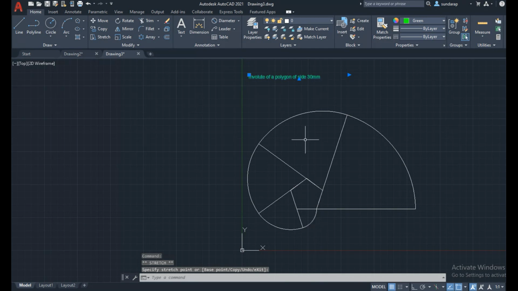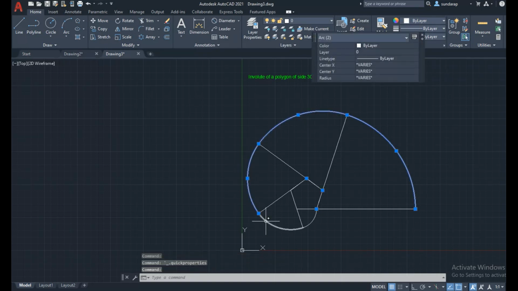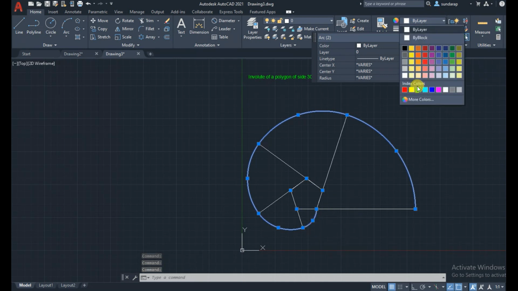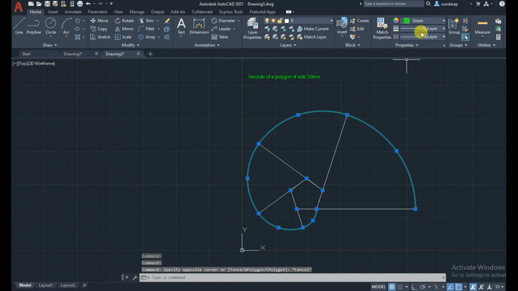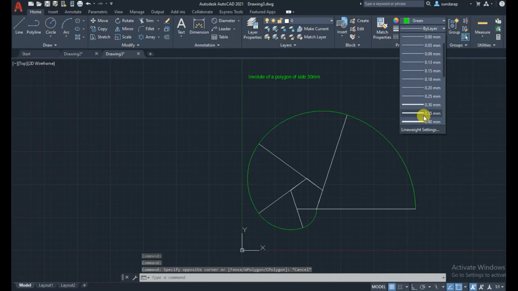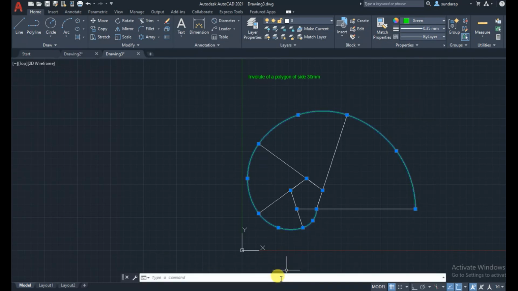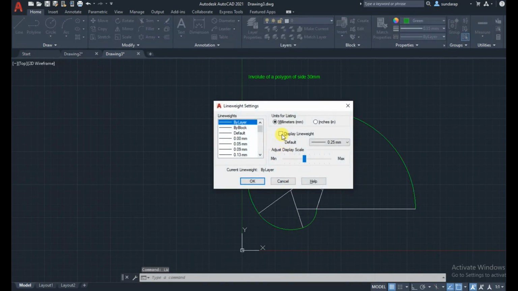Now we have unwound all faces, so we are getting a spiral curve. This is one convolution that I drew for the polygon, the polygon faces in a curved line. To differentiate, you can use a different color. Here I am going to use a different color; you can use any color. Also increase the thickness to differentiate it from the other construction lines. Enable the line width display.